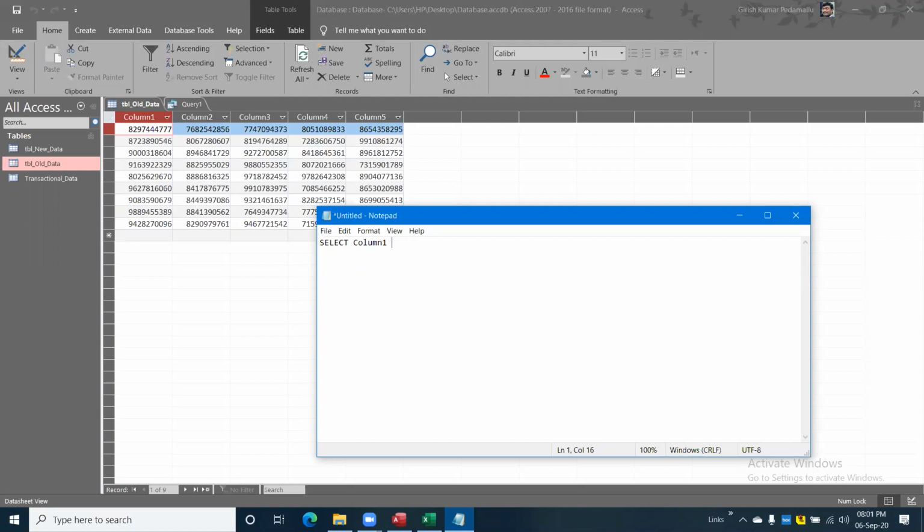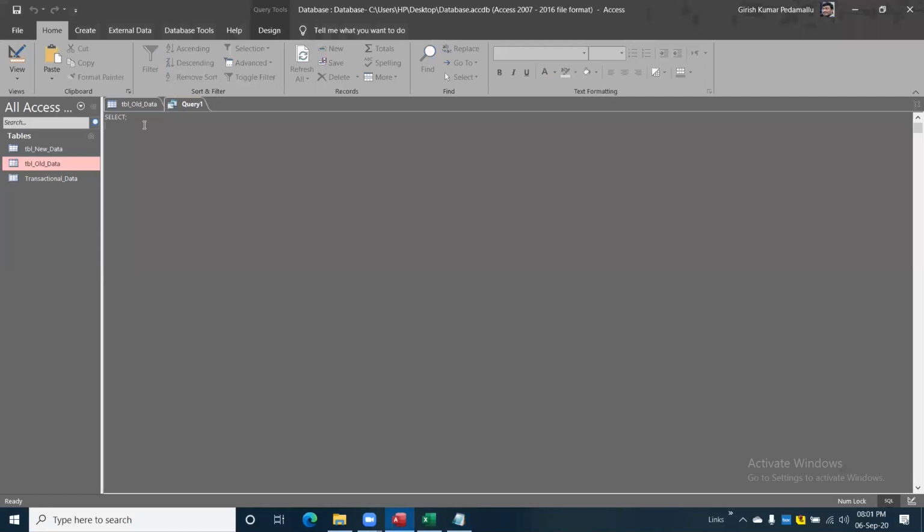Column 1 from, which table? TBL underscore old underscore data. This is my table name. I'm copying the text and pasting it over here.